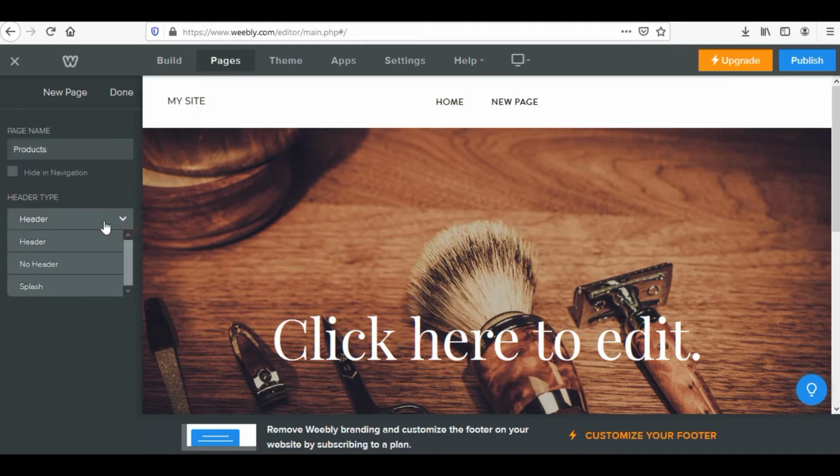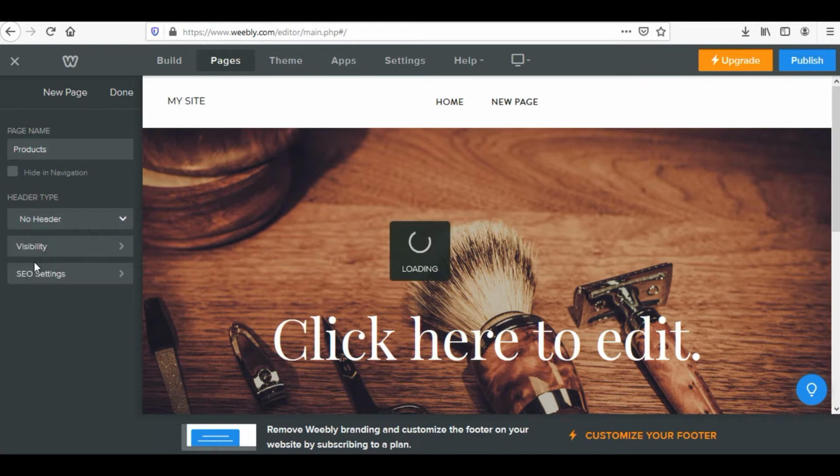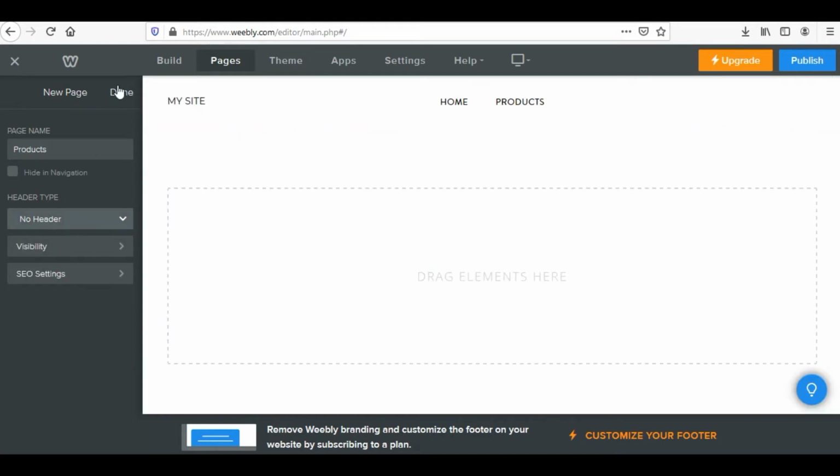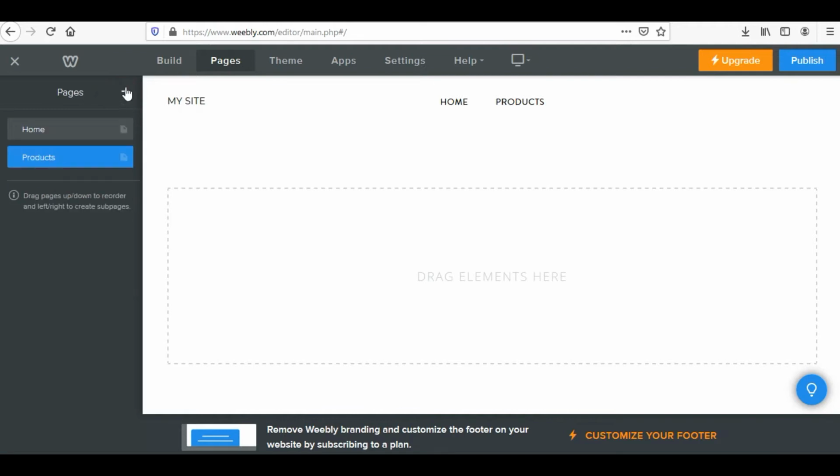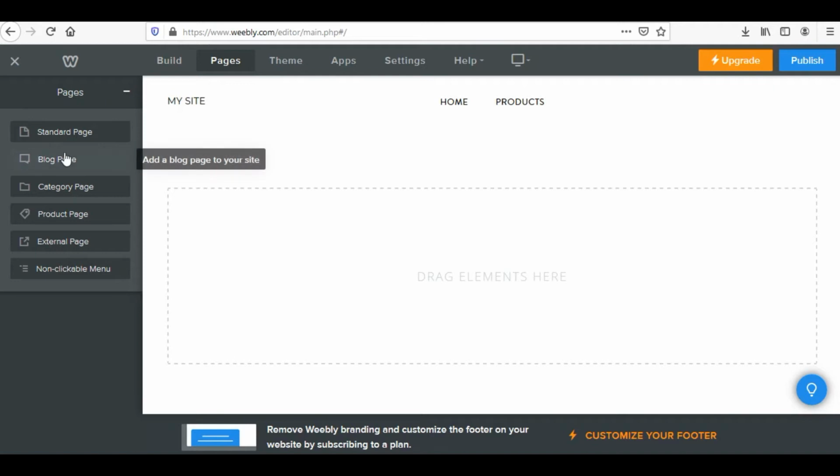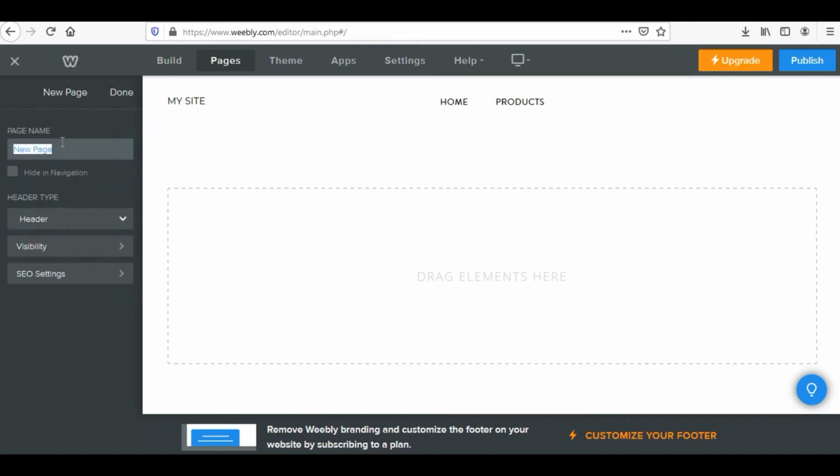Then I don't want a header on this page. I'll click on header type to no header and I'll click on done. I want one more page. Now there are two pages, home and products. I want one more page of maybe contact us.